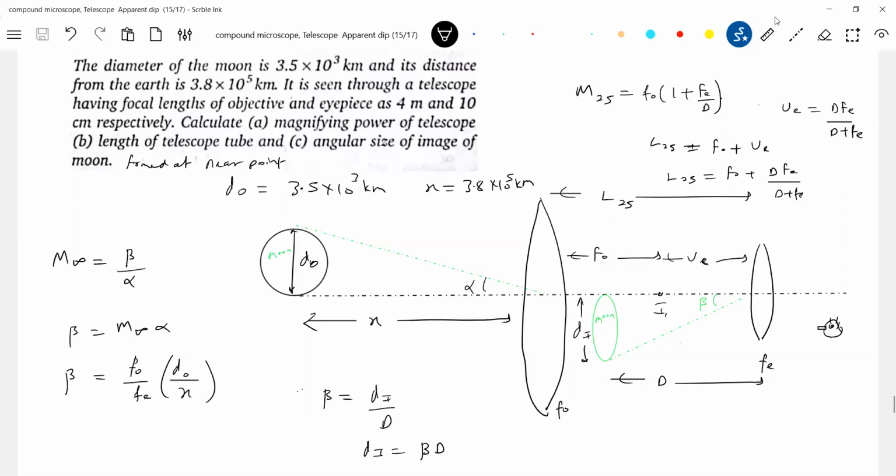I think you are sitting nearby a wall or something, or the mobile phone. Keep it at a distance of 25 centimeter, and the height of the mobile is 1 kilometer. Can you see it? Not possible, no. So what do you expect the DI to be? DI will be of the order of a few centimeters, and everything that is there on the moon is available. The object is very big in size and far away, so it appears small. The image of that is brought near to the eye, with dimensions of the order of a few centimeters. That is enough. We can see things clearly.